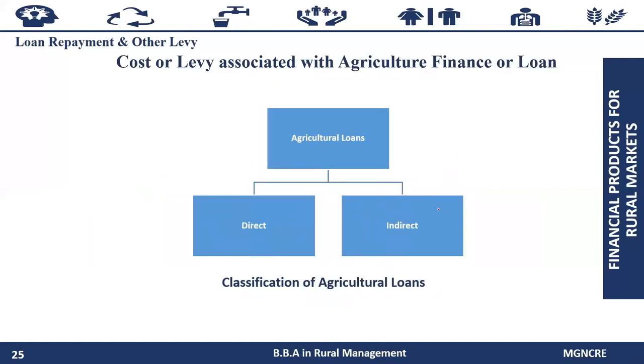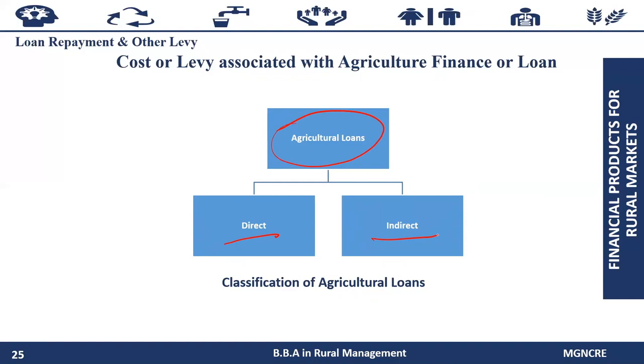Next we'll talk about cost or levy associated with agriculture finance. In this, agriculture loans are of two types: direct and indirect. Direct agriculture loans include loans given to individual farmers, and also include SHGs and JLGs, that is, groups of individual farmers, provided that the bank maintains